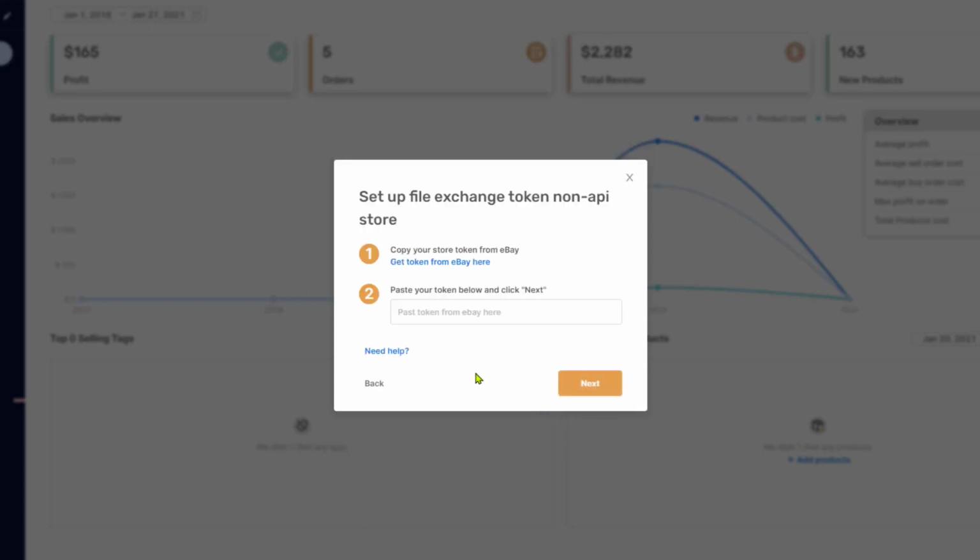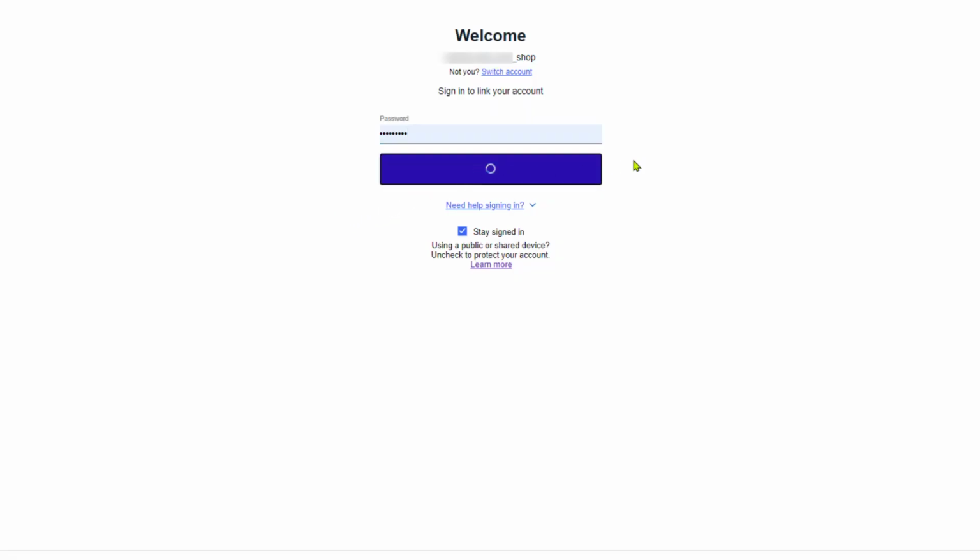Now we will set up the file exchange token for the non-API store. Remember, the file exchange is a feature on eBay that allows price and stock monitoring and importing products without the need for an API connection. Even better, you do not need to leave your computer on for price and stock monitoring and importing products to your store. So click on the Get Token from eBay link, sign in to your eBay account, then you'll be